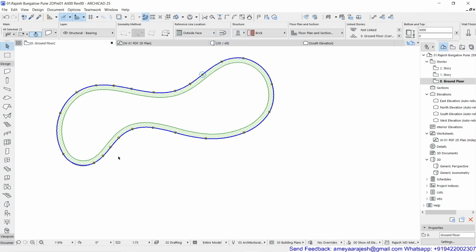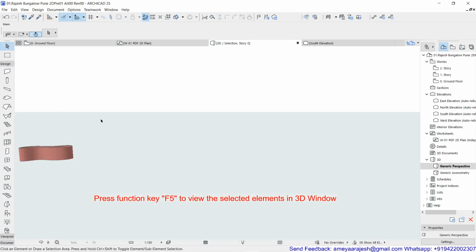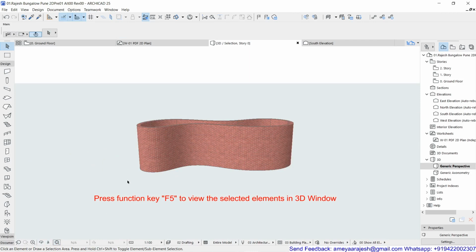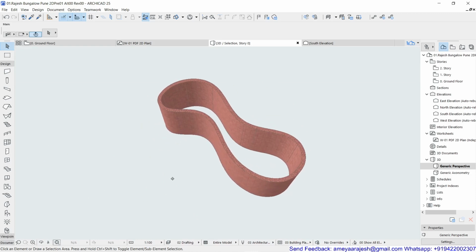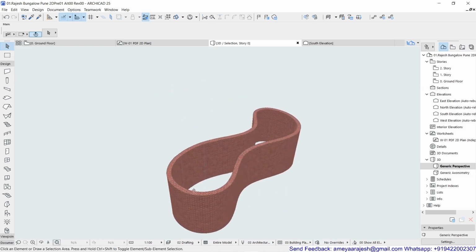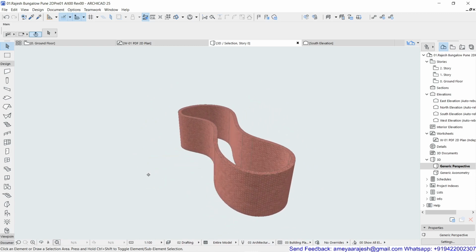So once you get this particular free flowing shape wall, if you want to see this in 3D and only the selected one, then there is one more key which we are going to add. Earlier I told you how to use F3 for 3D window and F2 for a floor plan. Same way, if I press F5, then ArchiCAD will show you only the selected objects in 3D. So no other object will get displayed apart from the selected area or object. In future I'll show you how to work with the selected area also. But right now you can see how this interesting object was generated with just a single click.